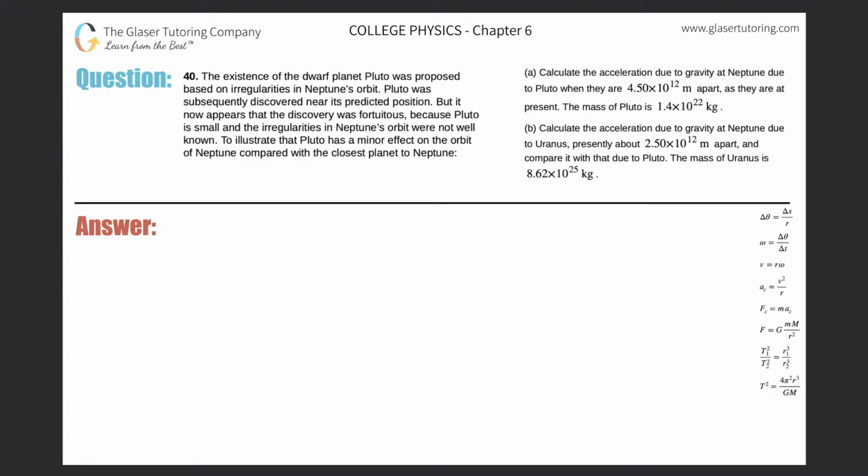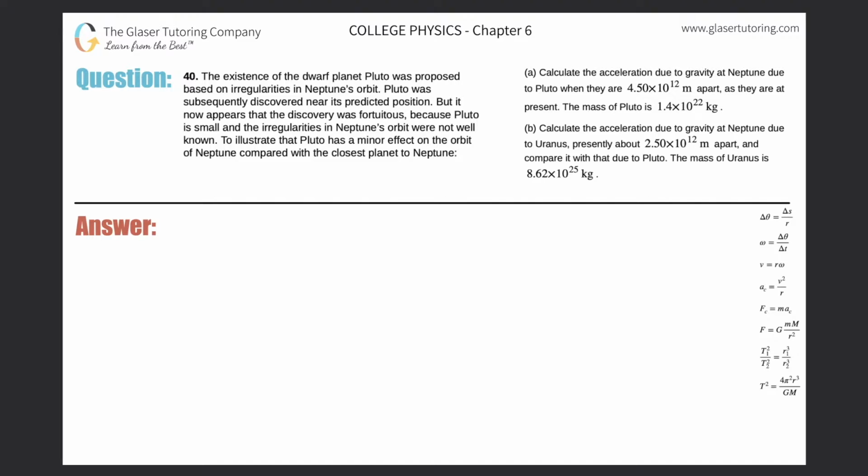Number 40. The existence of the dwarf planet Pluto was proposed based on irregularities in Neptune's orbit. Pluto was subsequently discovered near its predicted position, but it now appears that the discovery was fortuitous because Pluto is small and the irregularities in Neptune's orbit were not well known. To illustrate that Pluto has a minor effect on the orbit of Neptune compared with that of the closest planet to Neptune,